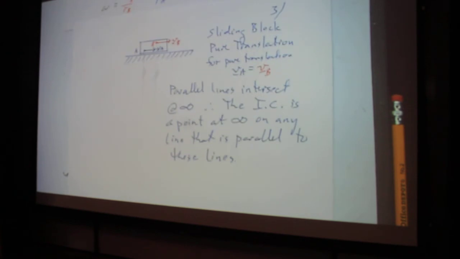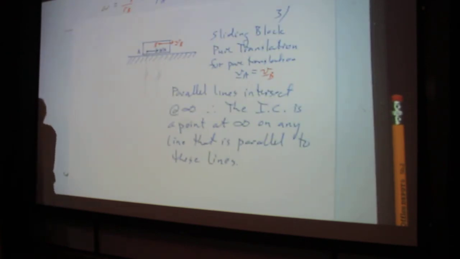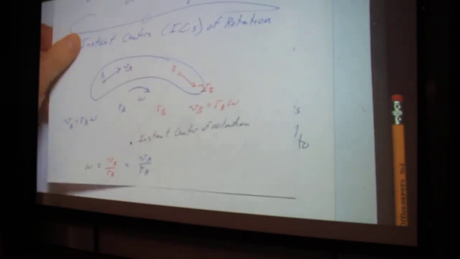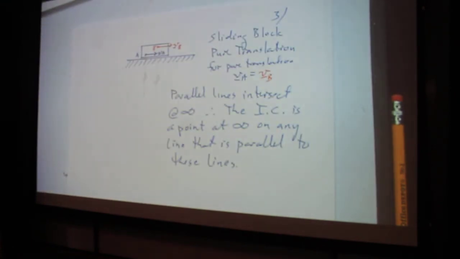And that's an important note that we're going to apply later, so just kind of keep that in mind. So we did a sliding block. We've done something, you know, that's kind of rotating like that. We've done a sliding block. Let's do